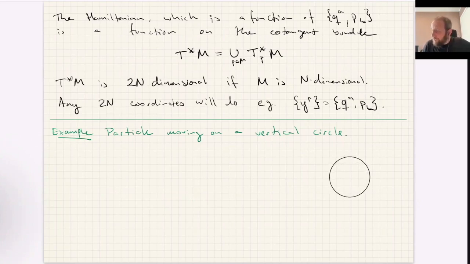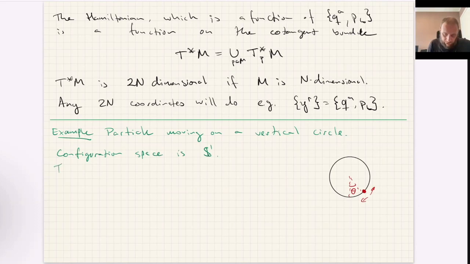We have the circle, and we have the particle, which is free to move however it likes. So I can use here the configuration space coordinate theta. It's a one-dimensional configuration space. So this configuration space is the circle S^1,